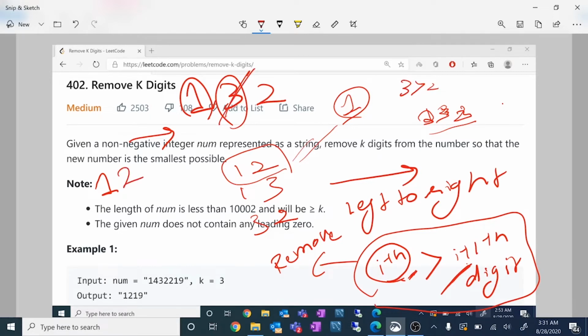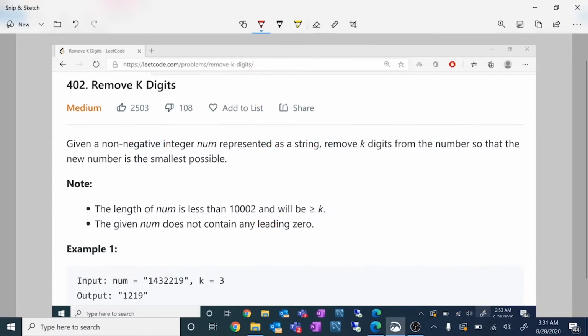You can see that 12 is minimum. So I can say safely that this algorithm will work, which is a general observation as well, as I showed you with 100, 200, that we have to minimize the leftmost. So if at any point I find a left digit which is greater than the digit on the right, I must remove this. And the important part is that this has to be done k times. What does this mean? Let's take another example. Let's take this example itself.